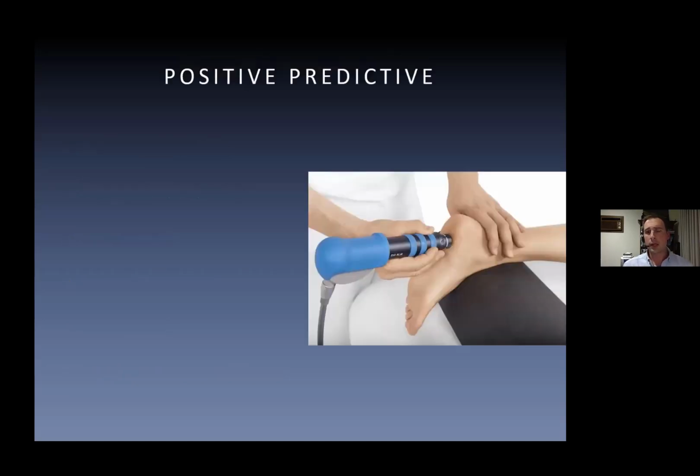So some of the things that I consider a positive predictive value for shockwave, and these are patients who, when they've got these things, I generally know they're going to do well on average. These are patients that have had pain for greater than 3 months. The pain that they have is stable and localized. And by stable, I mean that they're the sort of patient that will say, look,